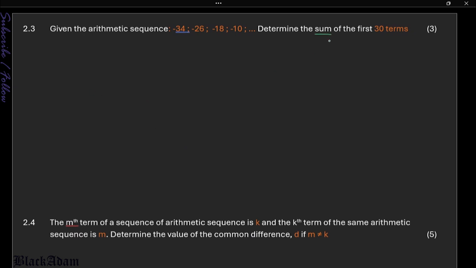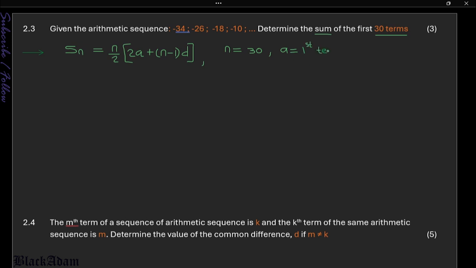So we move on to 2.3. There we have the values given. The sequence is arithmetic, so we need to find the sum. That's the equation, which is n over 2, bracket 2a plus n minus 1 bracket d. And then we need to find a. Now n is 30, we need the sum of 30 terms, and then our a is